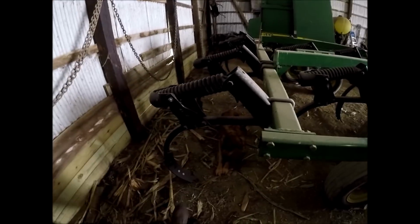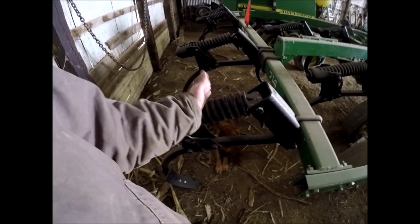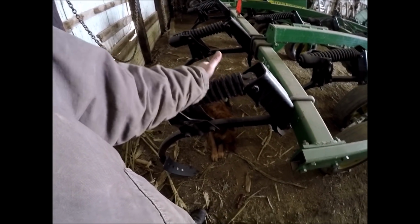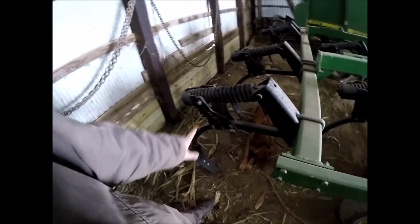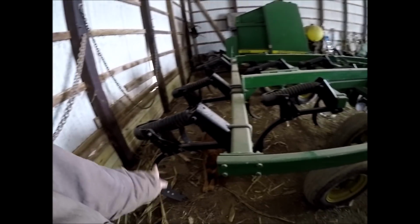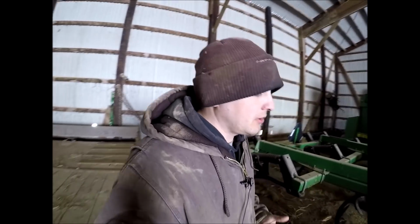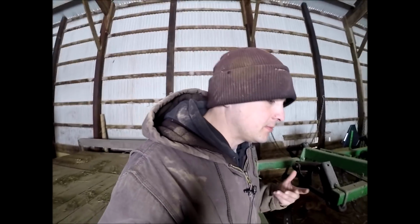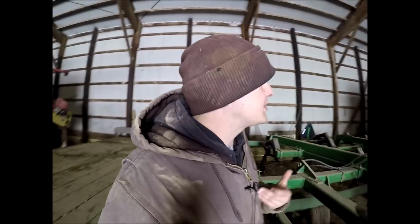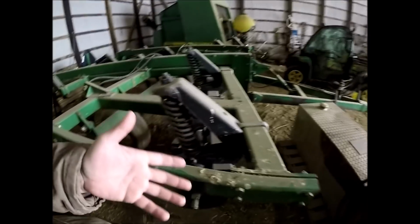So, different, what are these, the true depth shanks on this machine. I hear that these do pull a lot harder. I also was told that these pull up rocks a lot worse than the Case machine, but let's face it, when you have rocks, you're just not going to get away from it. Rocks are always going to be a headache on some farms. The biggest thing that this machine needs, other than a bath, because, you know, birds, but